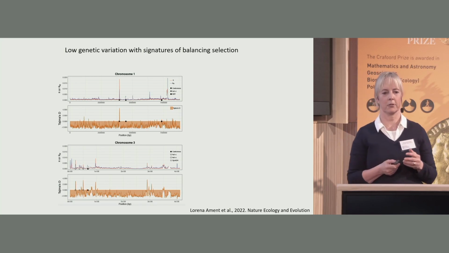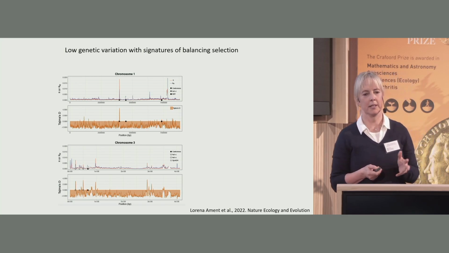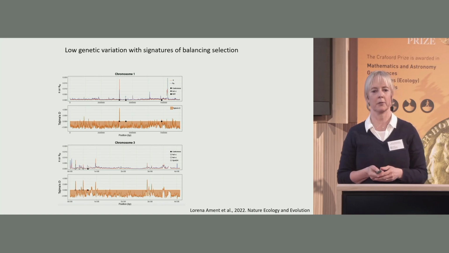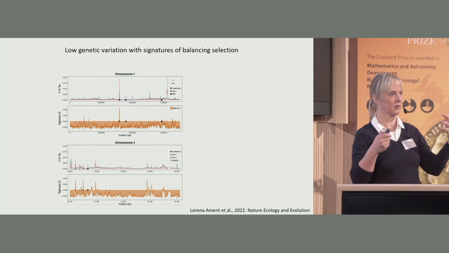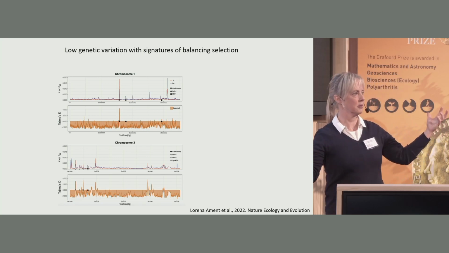So what we did was genome scans for diversity and Tajima's D to look for signatures of balancing selection. Here are two examples, chromosome 1 and chromosome 3. On the upper panel you have diversity, and you see it's very low except at some particular peaks. And those peaks sometimes also coincide with a peak of positive Tajima's D, suggesting population subdivision or equal frequencies